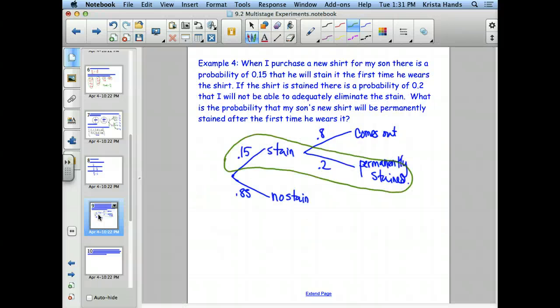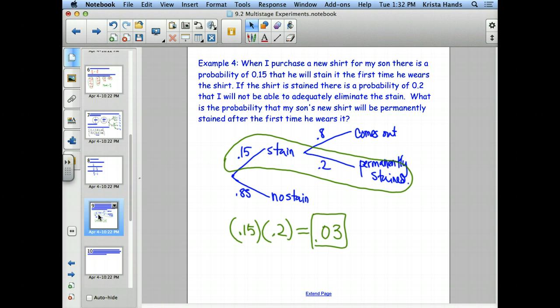So Brendan told me just a minute ago that if I take 0.15 and I multiply it by 0.2, I get 0.03. Does everyone else agree with that? Okay, so there is a 0.03 probability that when my son wears a shirt, he stains it the first time and it's permanently stained, we don't have any more clean shirt. Okay? But on the flip side, that means there's a 0.97 probability that it actually comes out and we're all happy we get to wear the shirt again and potentially resell it at some point because it's clean. Okay? Any questions on